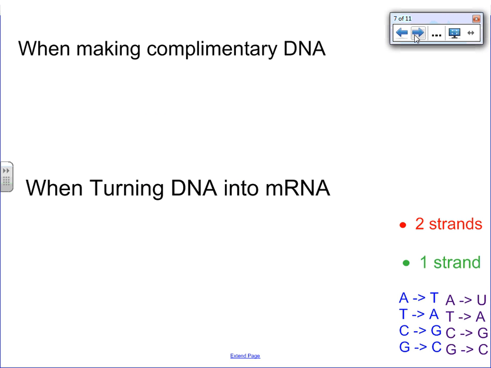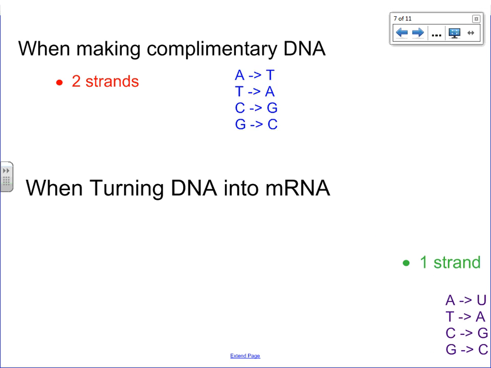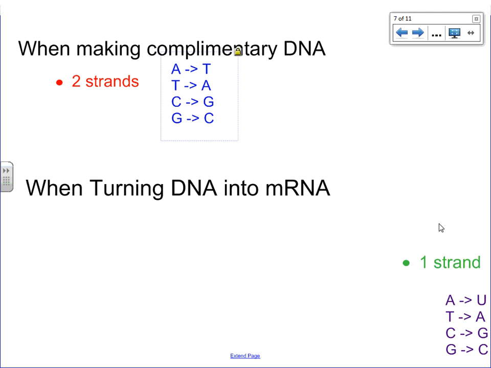Now, if you remember back to the last video lesson, we learned about how to make complementary DNA. So essentially what you're doing is you're making the two strands of DNA. If you know what's on one strand, you can actually tell what's on the other strand. And the reason you can do that is because DNA is pretty consistent in that whenever you have an adenine